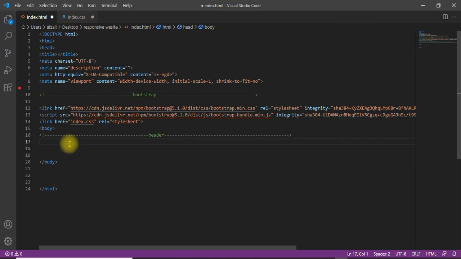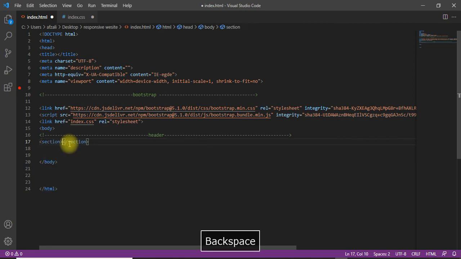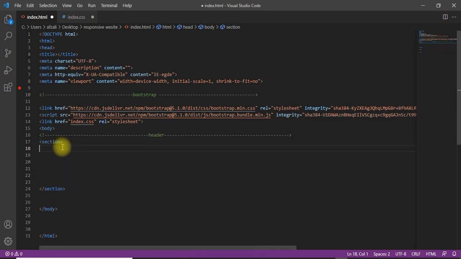First of all, today we are going to learn how to make a responsive navigation bar using Bootstrap 5. So now click here, make a section, a head, then click on the section like that, scrolling down to the bottom. Now I get the navigation bar.